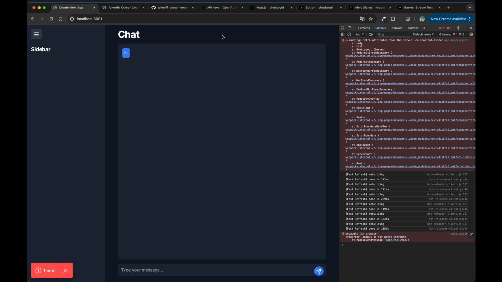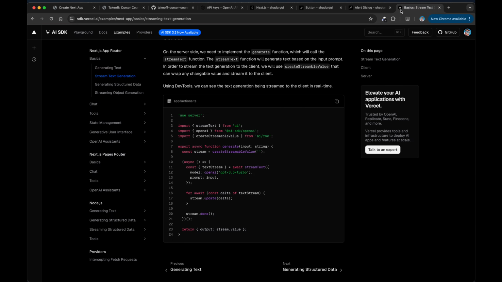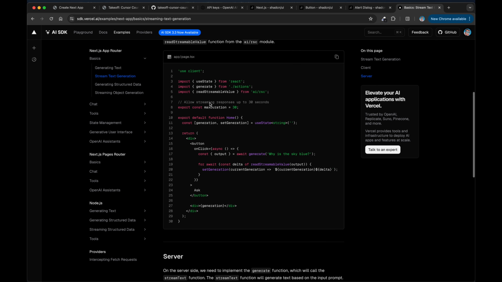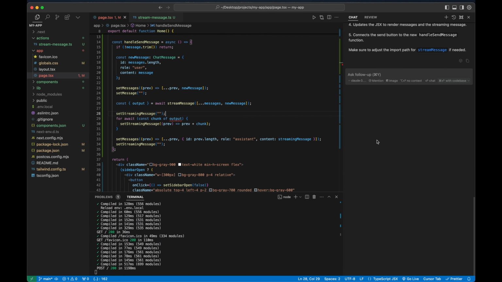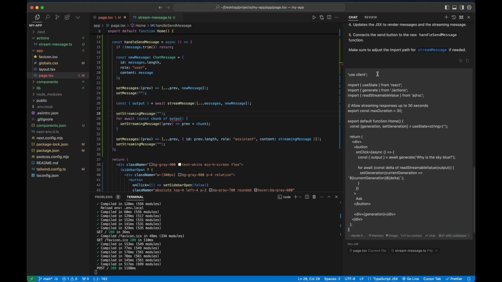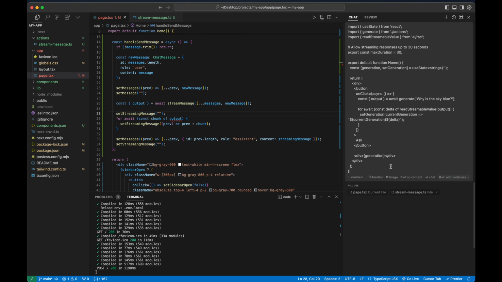So one area you might see the model struggle a little bit is when you need up-to-date documentation. So what we're going to do here is pop over to the AI SDK docs for the stream text example that we're trying to use. And Vercel has really good docs about how to use this. So we're just going to copy the code example that they give us, and in the chat we're going to paste that straight up there. I'm going to hit shift return to give us a little more space here,